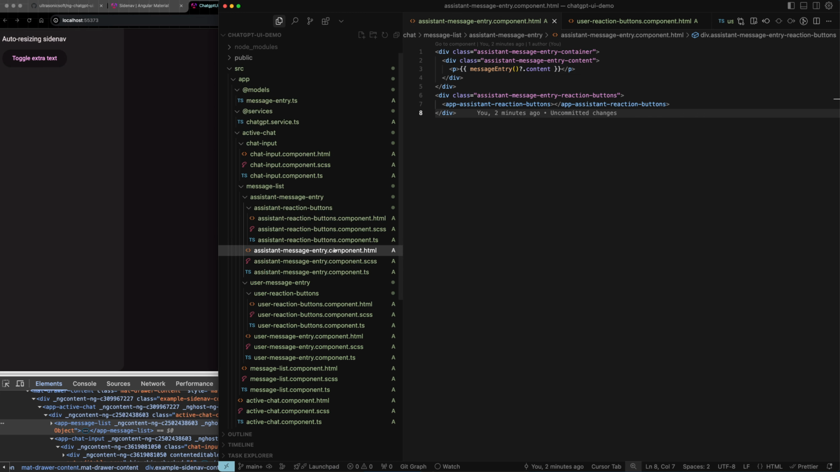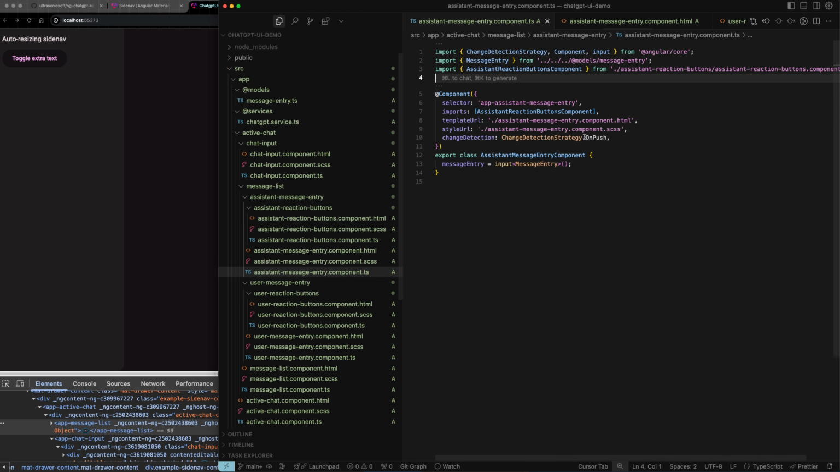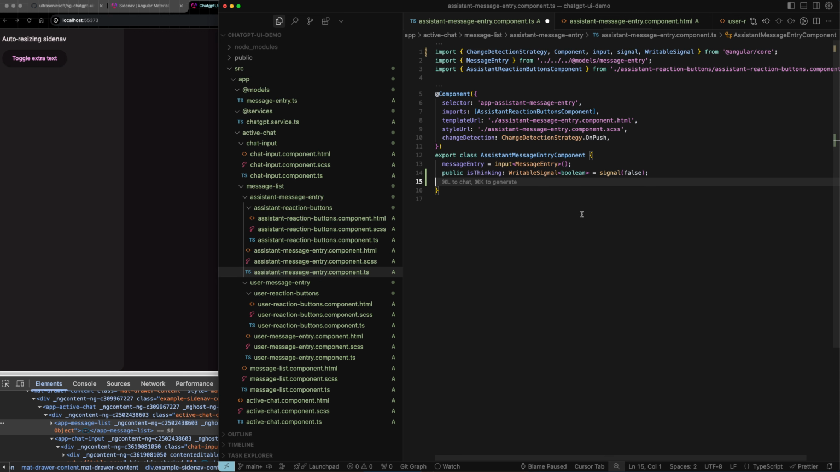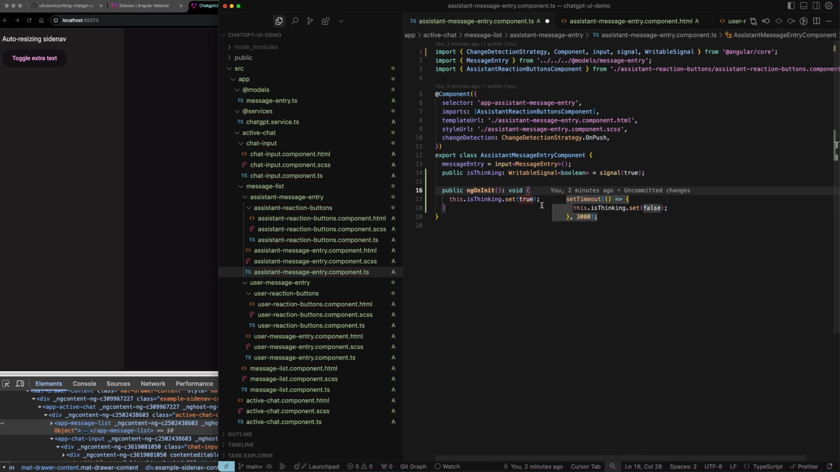Okay, so first we need to add something like that. So what do we need? First we need, let's say, thinking, where we can say whether it is calling the API, and we can check the output there. So first thing we need to do is,